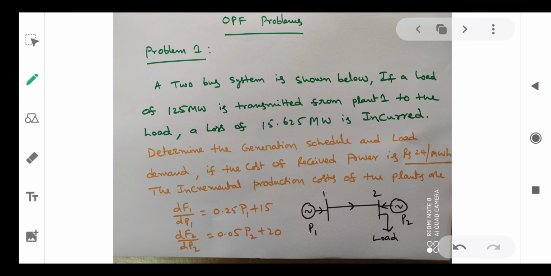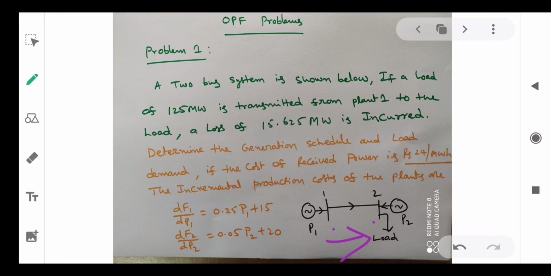This is problem number 1, in which there is a 2-bus system having generators 1 and 2. Each one is connected with a generating plant, power plant 1 and 2, and the load is located at plant 2. So a 2-bus system is shown below. If a load of 125 megawatts is transmitted from plant 1 to 2, then a transmission loss